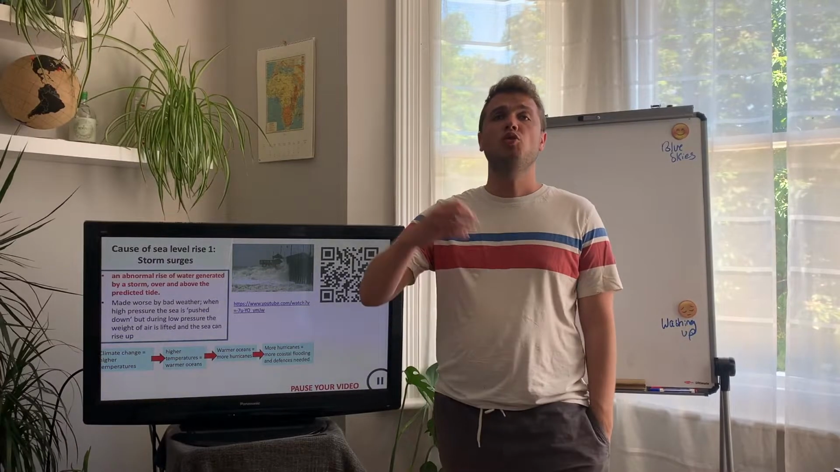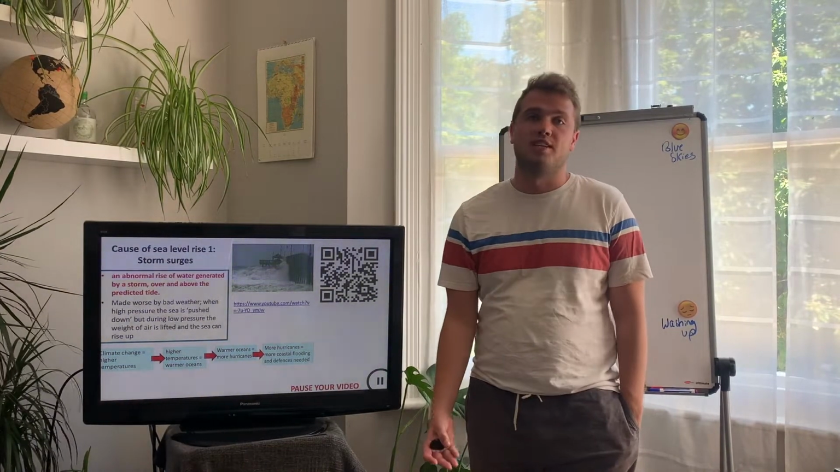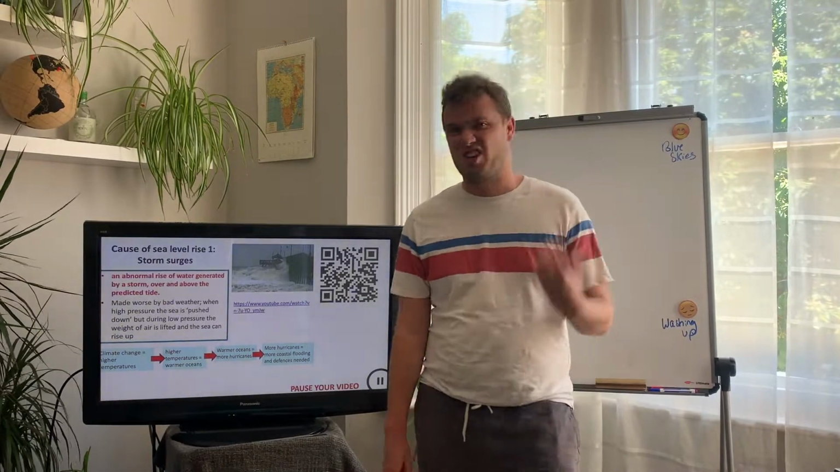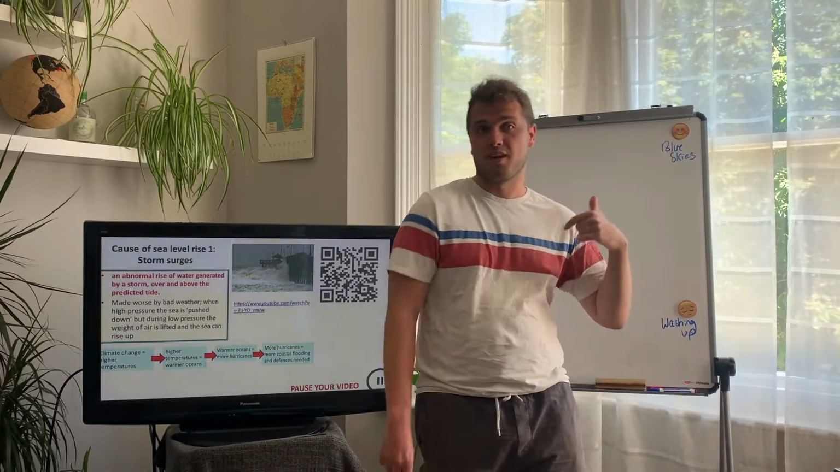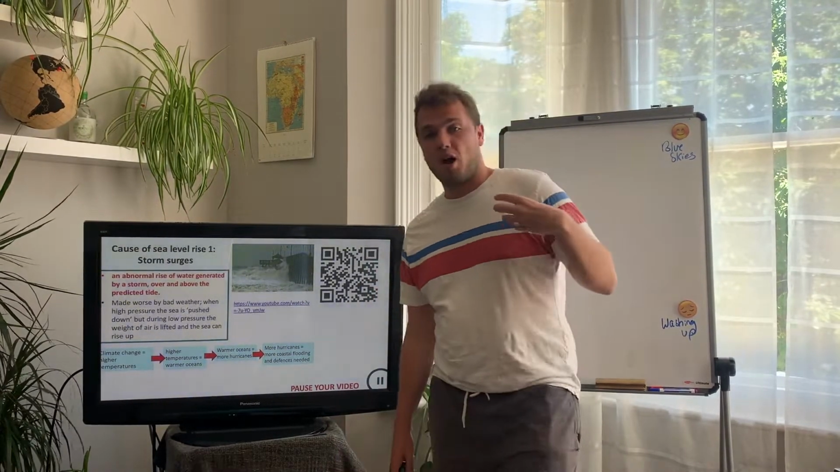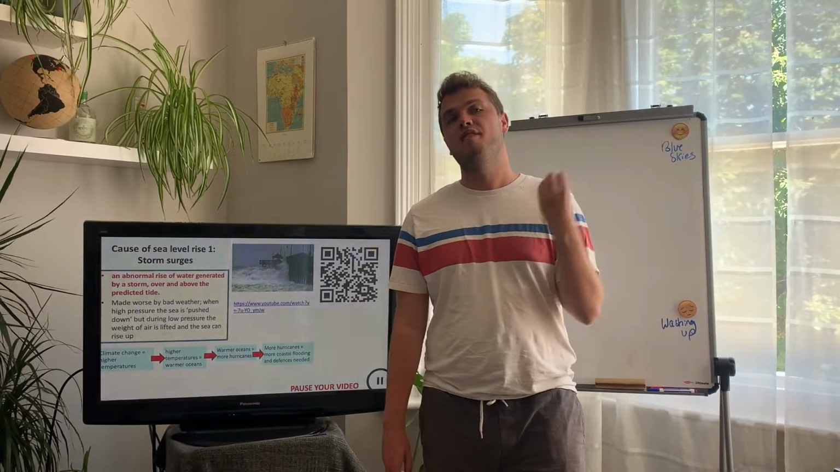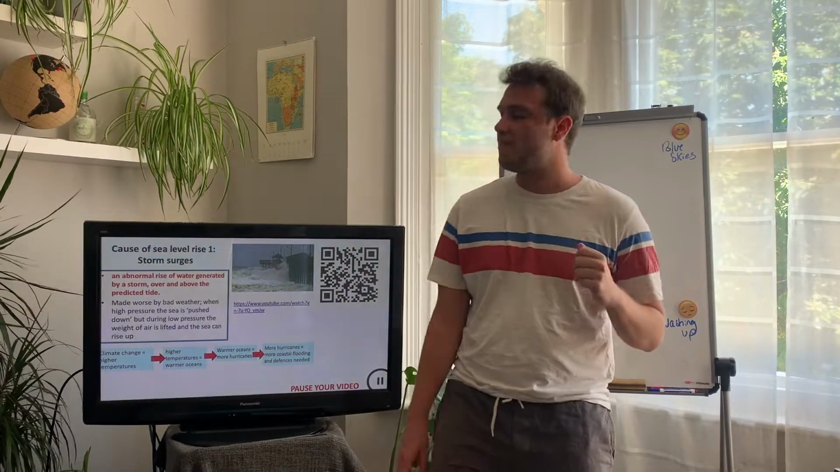So there are a few key causes as to why we are likely to have more sea level rising. Obviously, we know that climate change is happening. We know that sea levels are rising. We know that water is expanding. We know that glaciers on land are melting, and this is leading to sea level rise. But within the UK, there are two other reasons as to why we will be quite vulnerable to this. So the first one is this idea of a storm surge, which we have spoken about before